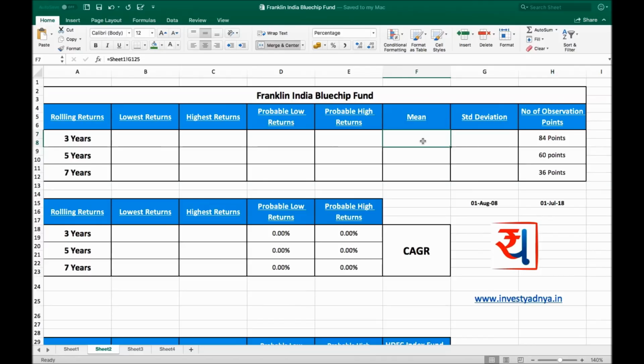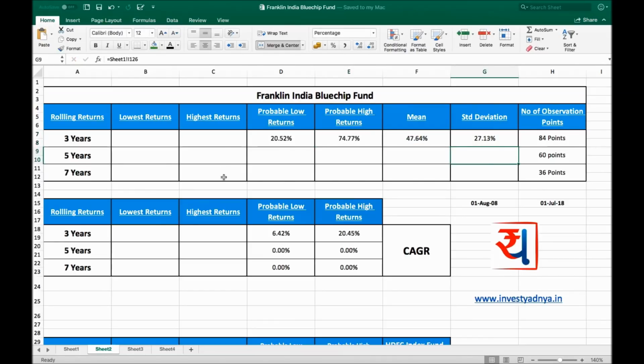So what we have done, we have taken out the mean and standard deviation values. So mean value of 3 years rolling return with 84 observation points is 47.64%, and the standard deviation for the same period is 27.13%. So the probable low returns are nothing but mean minus standard deviation. So 20.52% are the probable low returns this fund can give over the period of next 3 years, and probable high returns are mean plus standard deviation,